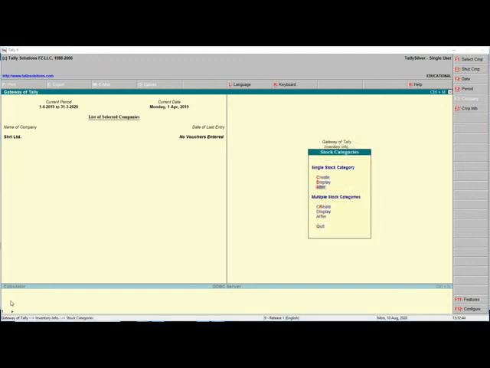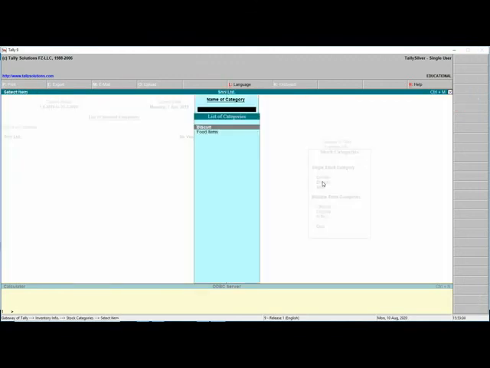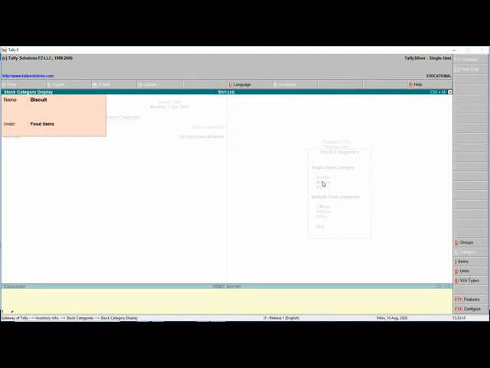Once all the stock categories are created, the display option can be used to view the stock categories created. Select Display, select the required stock category to view its details, press Enter.